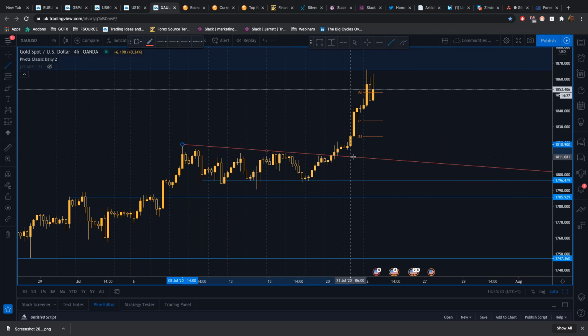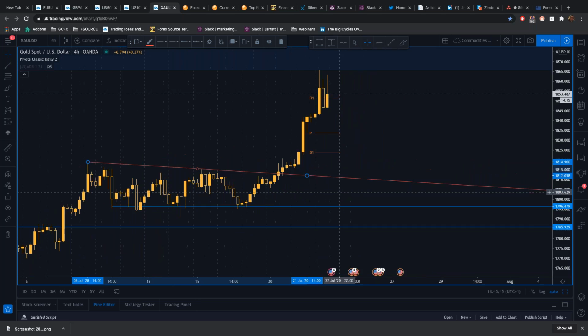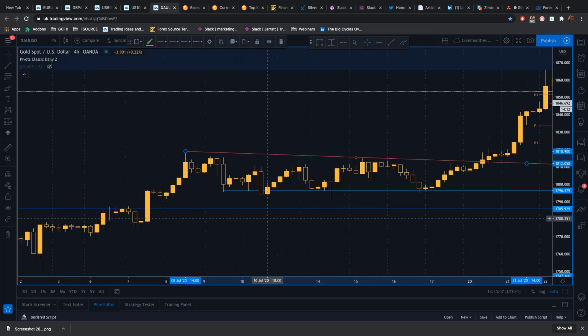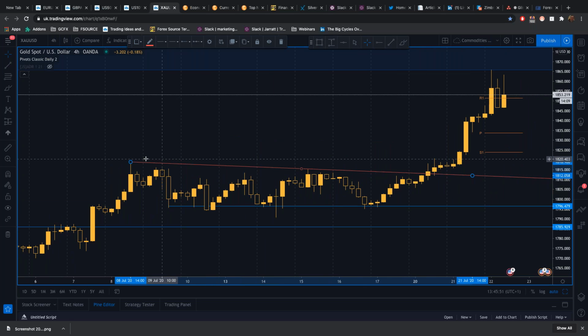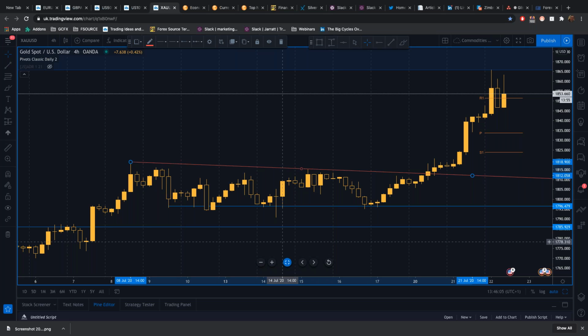Now, on the Monday of this week, I was explaining how I had reasons to be bullish on gold, and the reasons to be bullish on gold are because countries are cutting their interest rates around the world. With inflation still above sometimes the interest rate, it means that actually cash in the bank loses value. In that kind of situation, it's better to put your money into a commodity like gold,